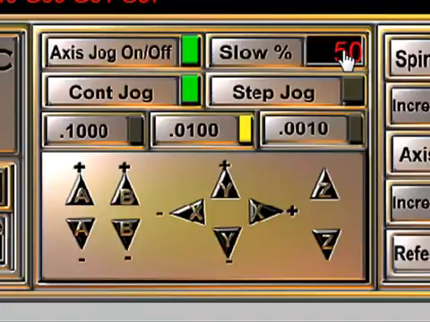Now you have a maximum feed rate when you're positioning according to whichever machine you're using. If you set this for 50%, when the program runs it, it's going to operate at full speed, 100%. But when you're manually jogging the machine around, it's going to move at 50% of its highest value. Continuous jog